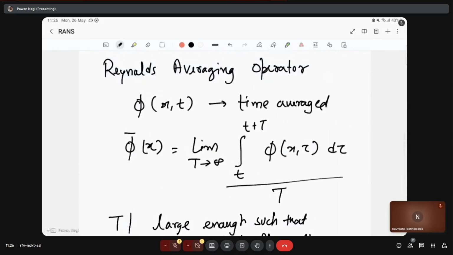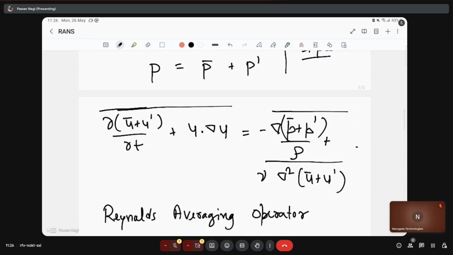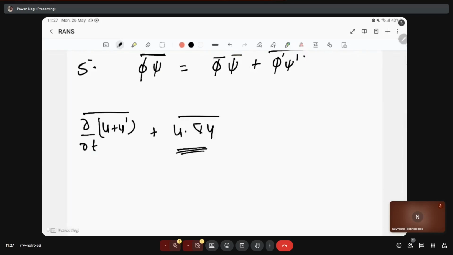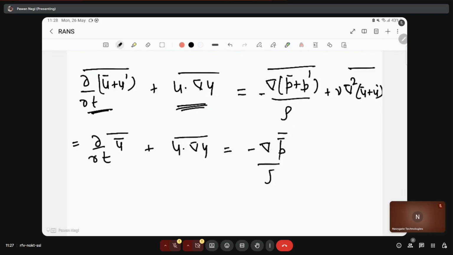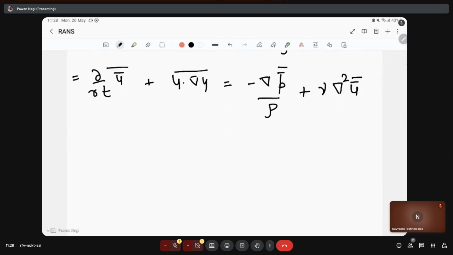Using these properties, we can derive the averaging of this particular equation. So let me write this again first. We'll handle this term separately. Now since this particular operator is also linear, this averaging will go inside and we'll get u bar, and since the bar of bar is again u bar and the bar of the fluctuations is equal to 0, we get this term plus u dot grad u bar is equal to, similarly here we'll get p bar of bar over rho. Rho is constant for incompressible flows, and similarly nu times del square u bar of bar, and for the fluctuations this will be 0. So therefore we'll get,